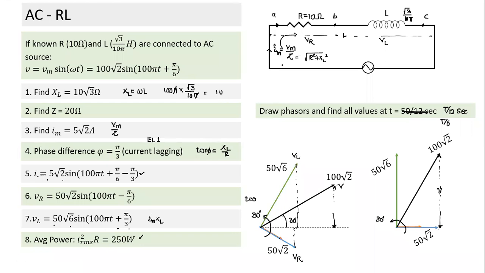We can mark that also. The current also will not be defined. Assume that I have taken the current direction, this has to be positive. If I take clockwise direction to be positive, what is the current here at this instant? The current is the red phasor. Is the current positive or negative at this instant? Negative, right, sir? Negative. Okay. So for the current also, I can choose positive, negative in terms of clockwise. I will mark it. Maybe I'll take up some question later. For now, you understand this.